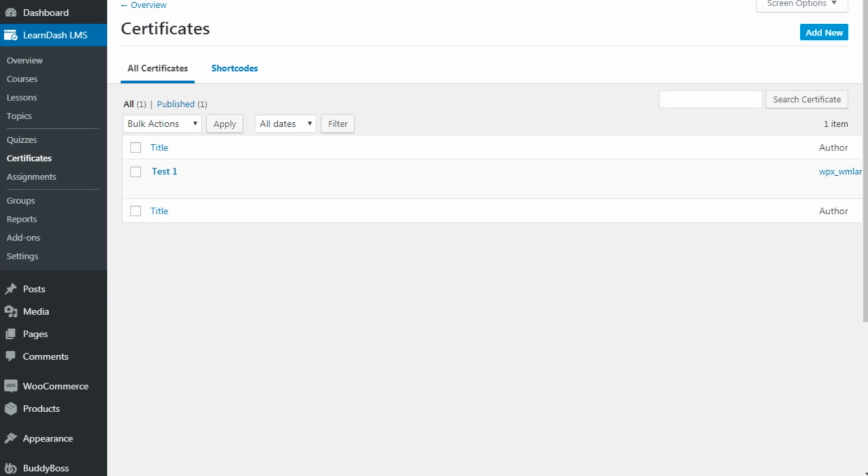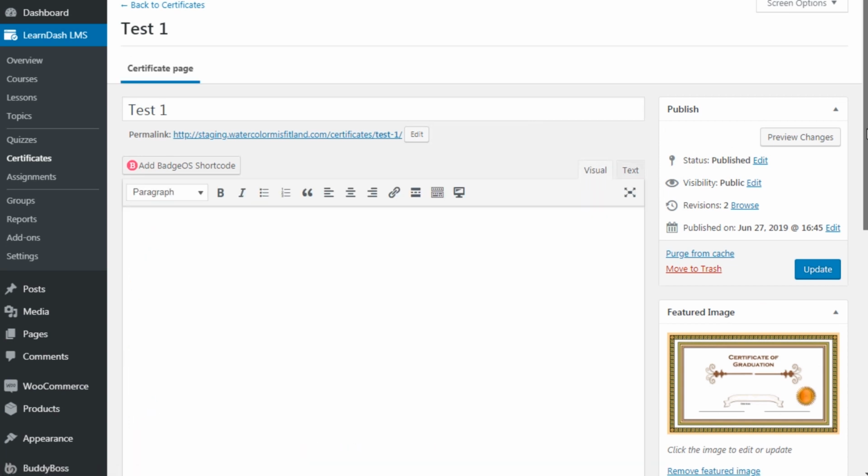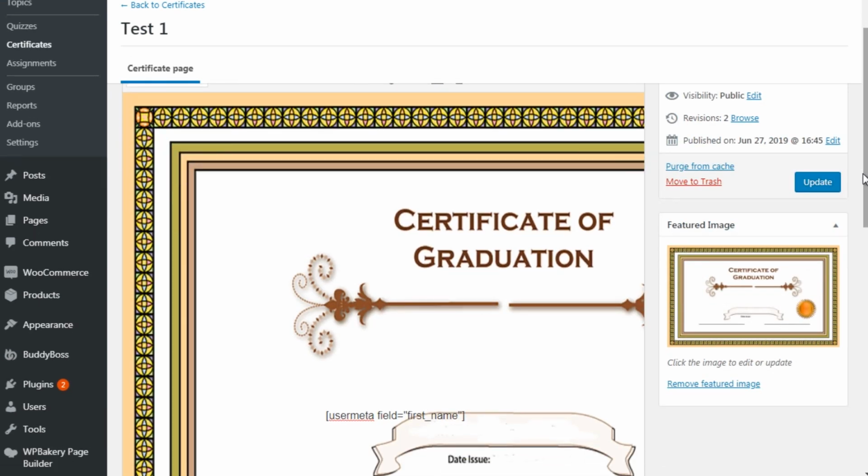And I actually downloaded one earlier and I uploaded it as an example. But if you go over here, you can click on add new certificate, but I actually went ahead and did it here. So click on edit. What you need to do is simply scroll down. You select the featured image as that image. All right, so once you do that, you click on update, and then you need to go back to the